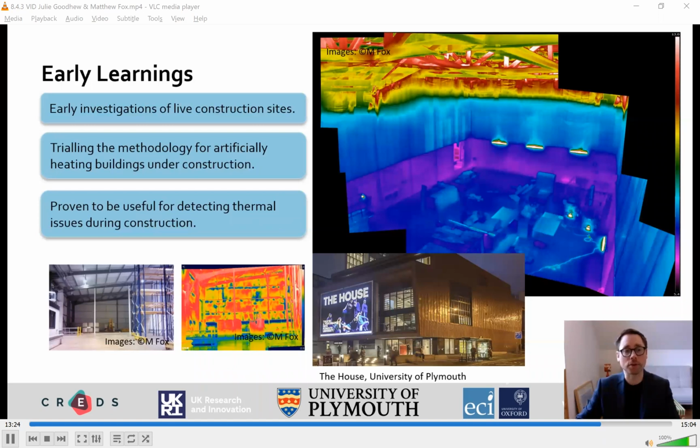In developing the methodology for the DVIS approach, we were fortunate to be able to trial this methodology on 2 different construction projects mid-construction. The first is shown in the bottom left here, and this was where we identified pockets of missing insulation in the cladding system to this building. And these were completely sealed up, so you couldn't see it visually whilst undertaking a traditional defect detection or snagging exercise. But when you went in with the thermal camera, it really did identify areas that needed to be